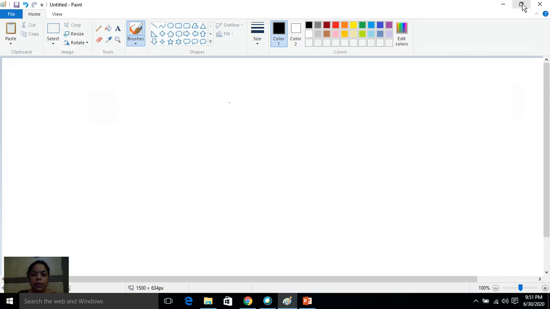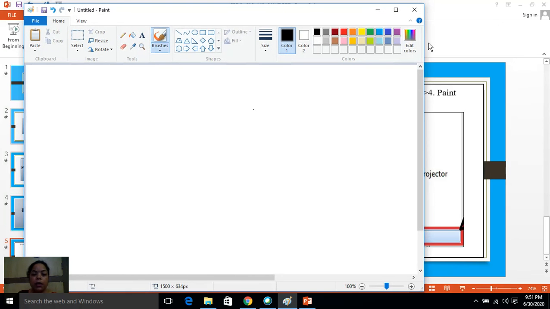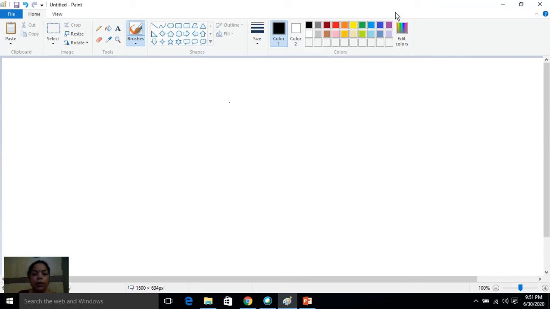The next one is restore or maximize. You can see this time my MS Paint window is in maximize form. It means my full screen is open this time. So the name of this button is this time restore. When I will click on it, you can see the size of my window will decrease. When I will click on it, now the name will change. You can see now the name is coming maximize. So when I will click on it, at that time the size of the window will increase or maximize.